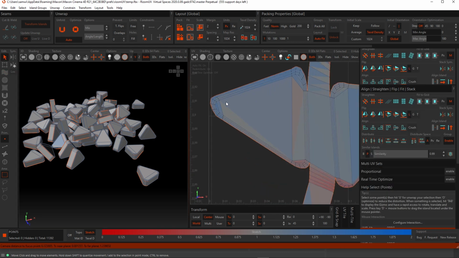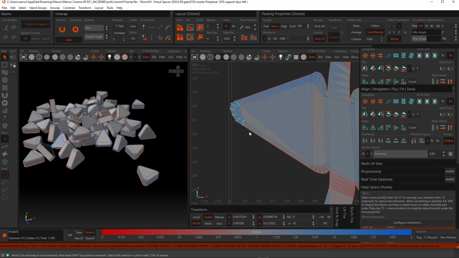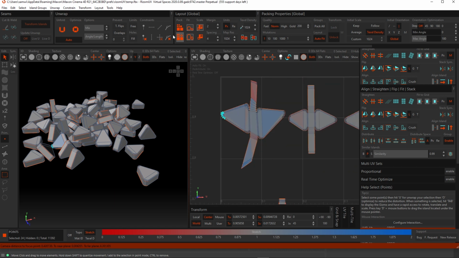And what I'm going to do is I'm going to select a bunch of points here, and I'm actually going to hinge constrain them. Now, what this tool actually does is it does constrain these points, but it uses these points to inform how you're either going to unwrap the rest of the island or optimize the rest of the island. And it uses these points as a reference. So it's almost like this is an anchor,